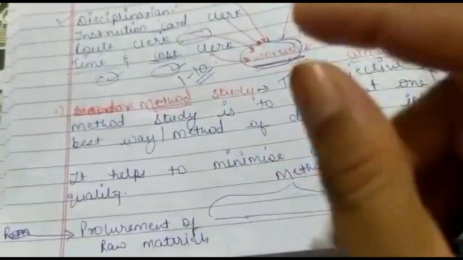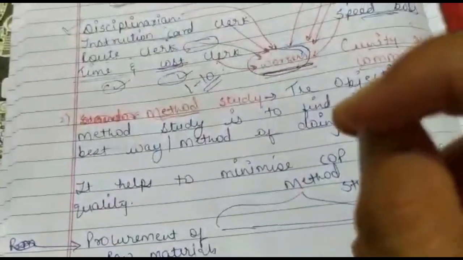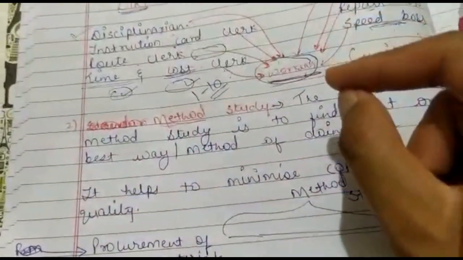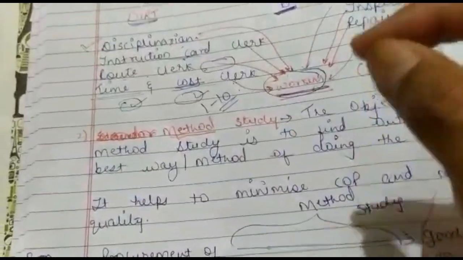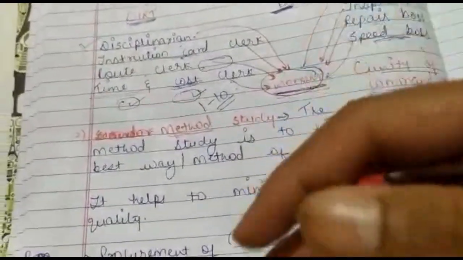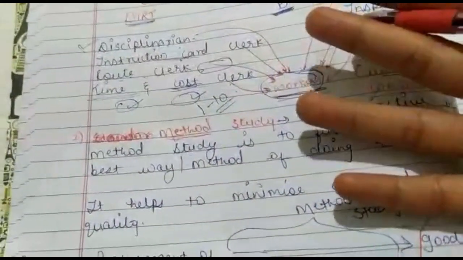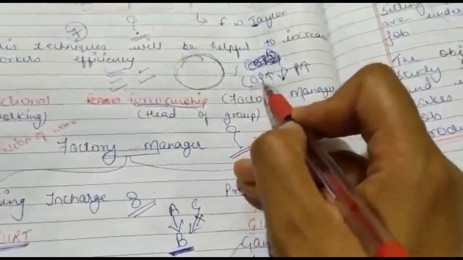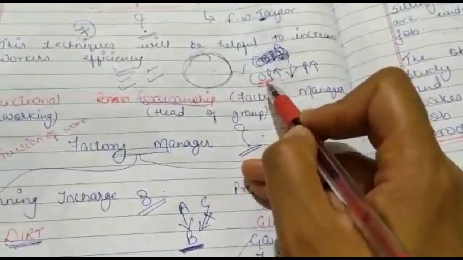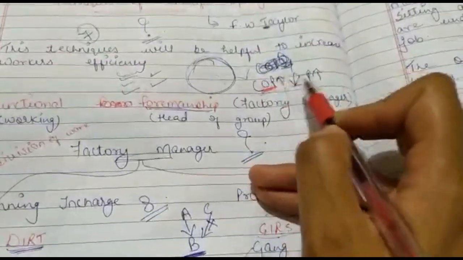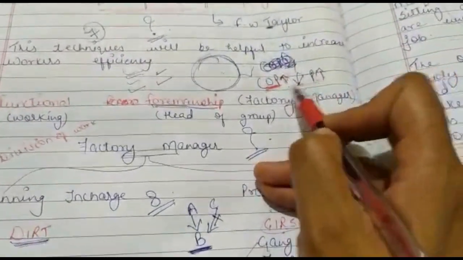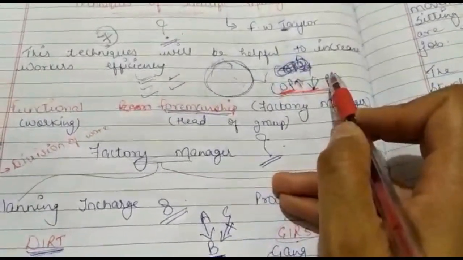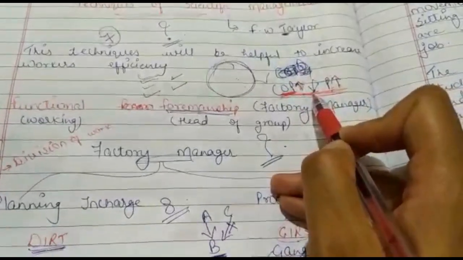So see students, for producing any goods there are a number of methods, and out of that number of methods there could be a possibility that some of the methods are cost effective and some of the methods are such that more labor is required and more cost of production will be required. And for a company, as I have discussed in the previous lecture also, it will be a good situation when their cost of production is less and profit margin is more. So in order to keep this in mind, or in order to enhance the profit margin or quality of the organization, they should reduce their cost of production.